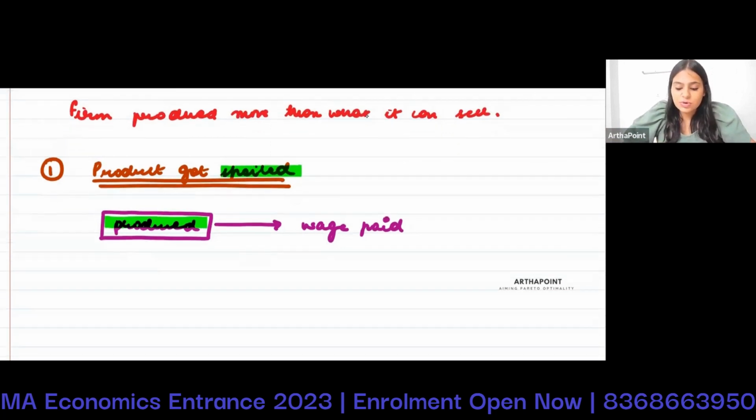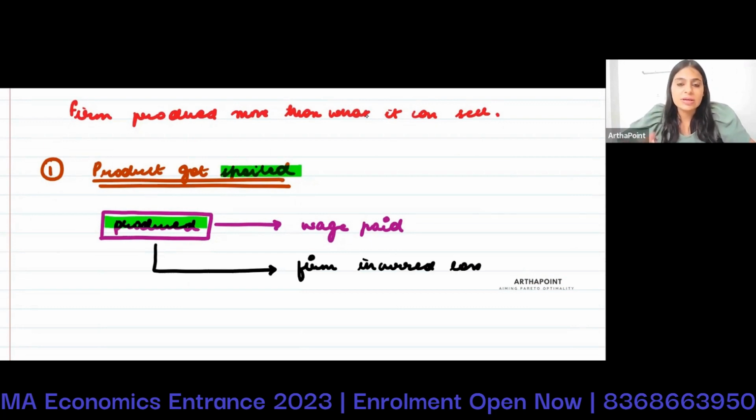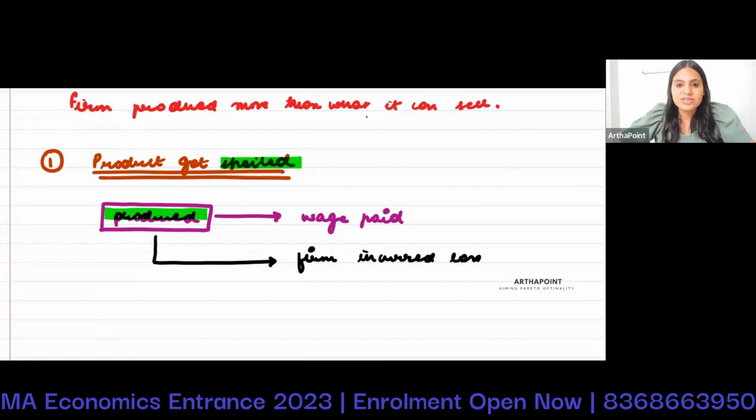So let's say that this product got spoiled and the wage was paid, and correspondingly, because the firm cannot sell this product, the firm incurred a loss. That's a loss for the firm, right? So just think what is happening. If I go via the income method of GDP,